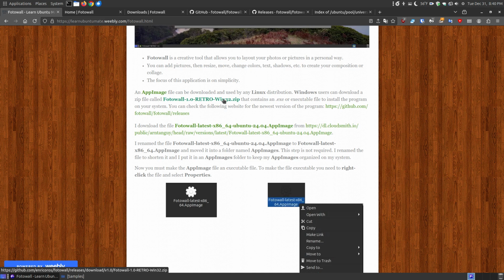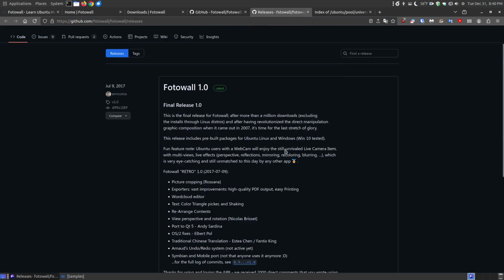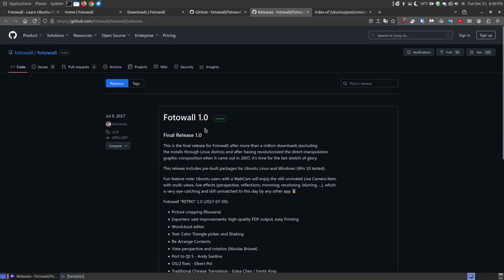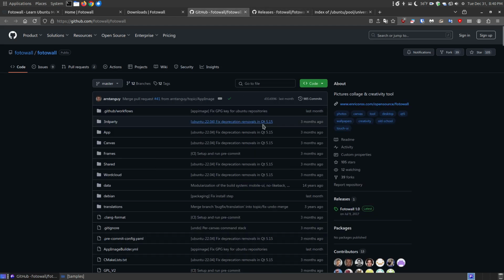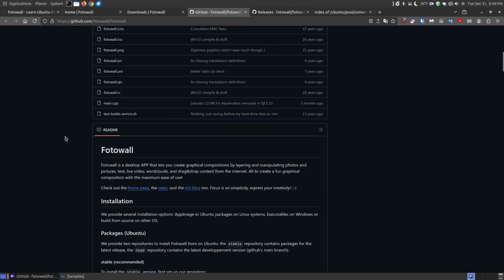When you unzip the file, it will create a folder, and it will have an executable file in there that you can actually run the program on your Windows system. If you click the GitHub releases, and that's what I have here, it will show you the most current release of Fotowall, which it shows you in 2017, but actually, if you go back to the GitHub website, which I have open here,